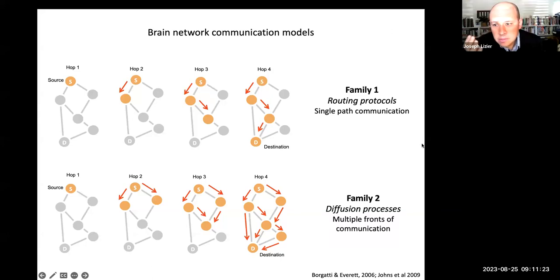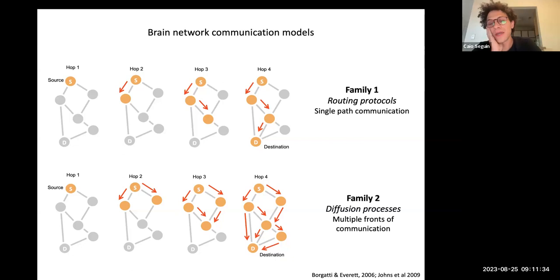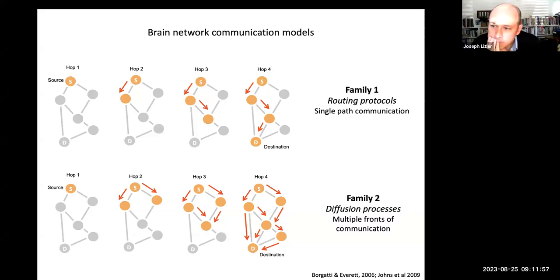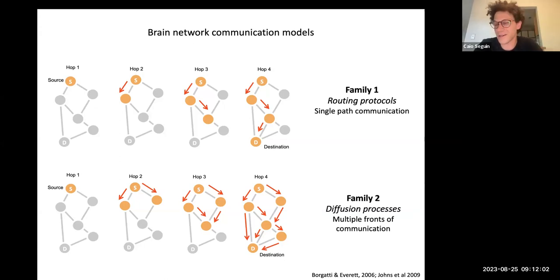Yeah, I guess I'll just say it seems to me like if you did probabilistic routing, that should basically give you the same thing as diffusion if you average over all the possibilities. Yeah. So if you think of a single random walker propagating through the network, yes, it is going to trace a single communication path. But the idea is that will tend to be much longer than these models that are based on routing, which try to deterministically find an efficient path between 2 regions. Does that make sense?